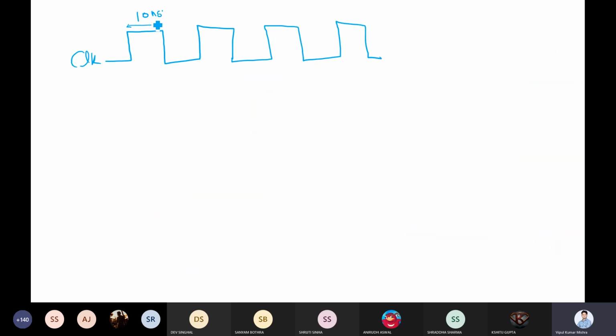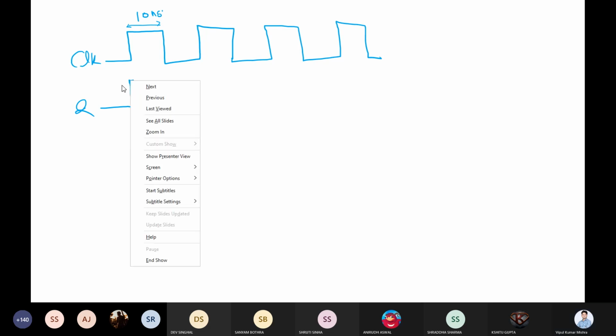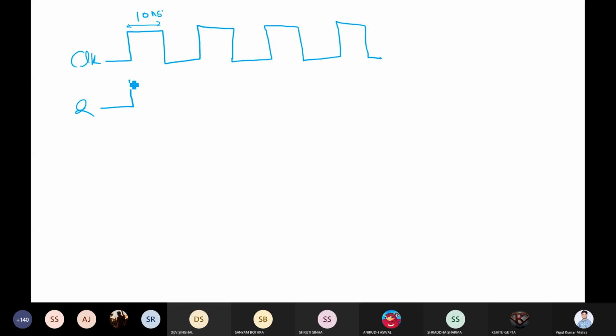Now in between this 10 nanoseconds, while the clock is high, how many times is this Q value modifying 0 to 1 and 1 to 0? How many times will it modify if the total time to operate is 1 nanosecond?